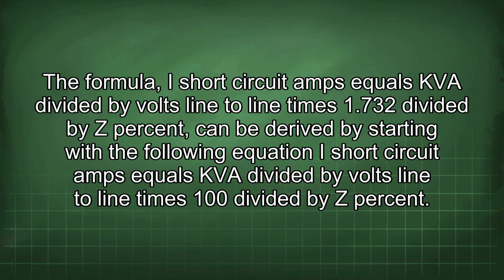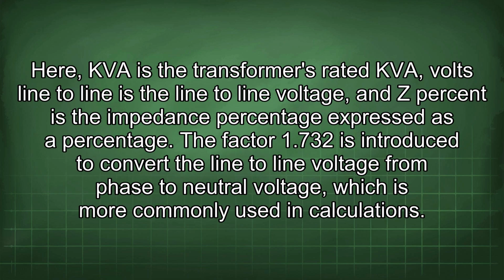Z%, can be derived by starting with the following equation: I short circuit amps equals kVA divided by volts line to line times 100 divided by Z%. Here, kVA is the transformer's rated kVA, volts line to line is the line-to-line voltage, and Z% is the impedance percentage expressed as a percentage. The factor 1.732 is introduced to convert the line-to-line voltage from phase to neutral voltage, which is more commonly used